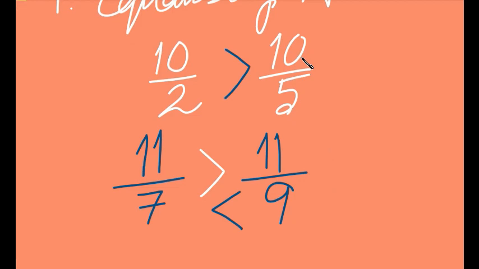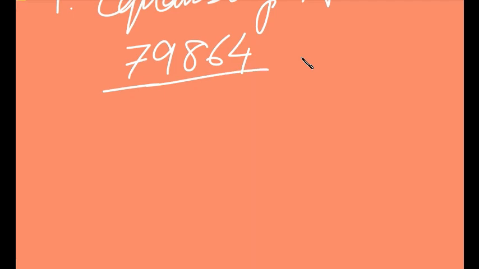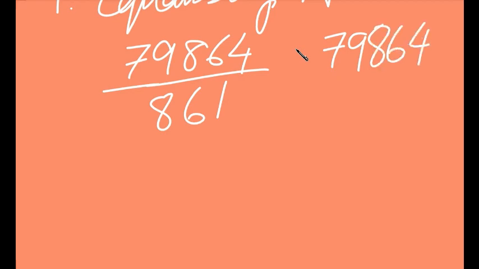And while I give you the example, you need to tell me which one is the correct answer. You need to guess it yourself while I am telling it to you. So let me give you a very big number: 79864 is the numerator, and in the denominator we have 861. Quite big, na? Very tough. Let's see how tough it is. Again I'm writing 79864 divided by 781.